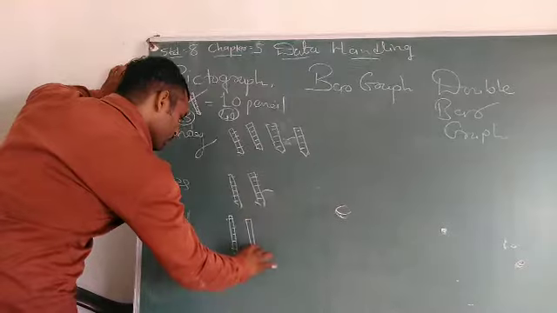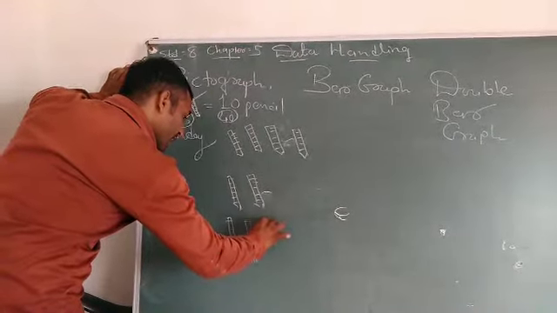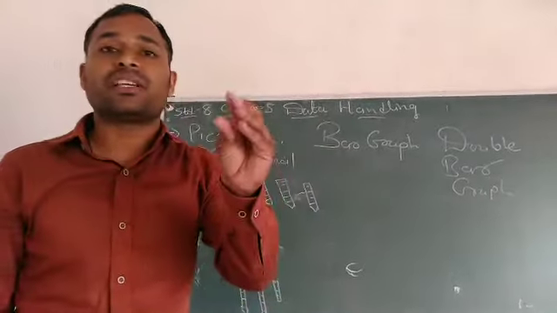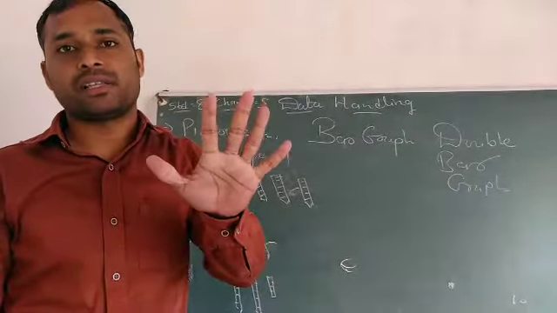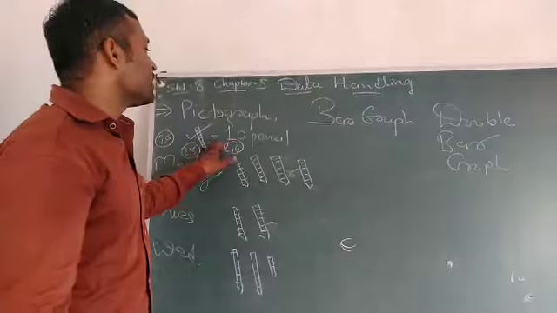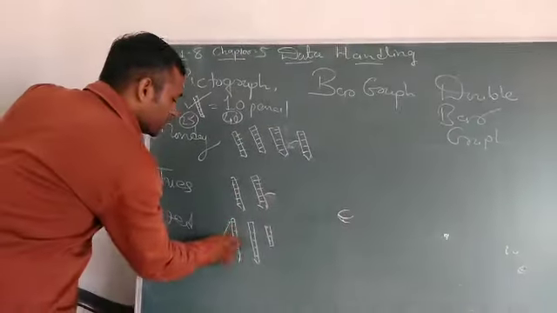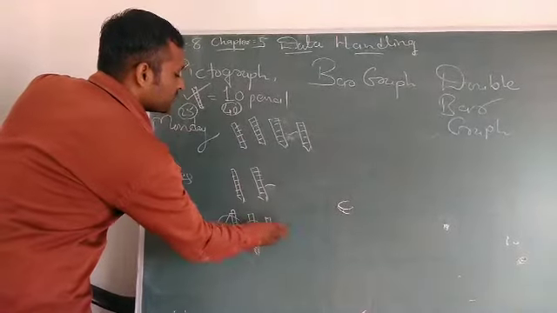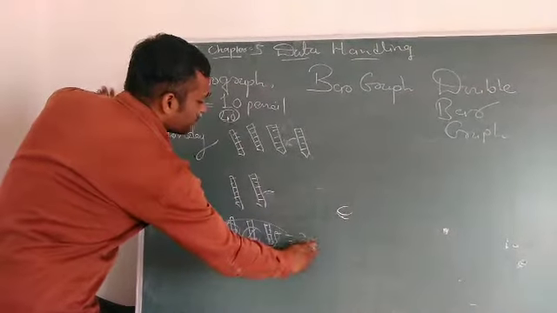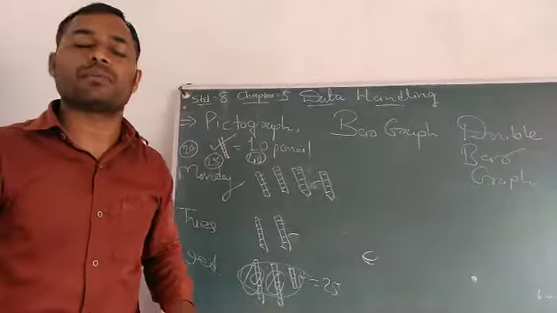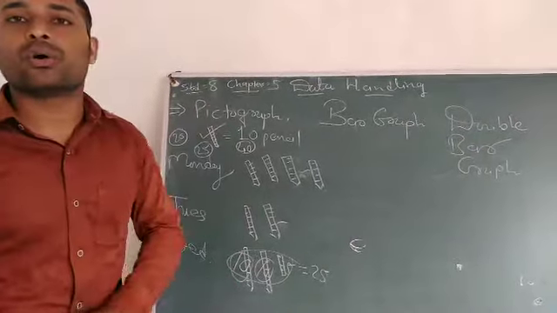10, 20 and we draw half a pencil because we represent 5 pencils. So now a full pencil is 10, so now half a pencil represents 5 pencils. So now this is for 10, again 10 and this is for 5. Total will be 25 pencils sold on Wednesday. Okay, so now this information is about pictograph.